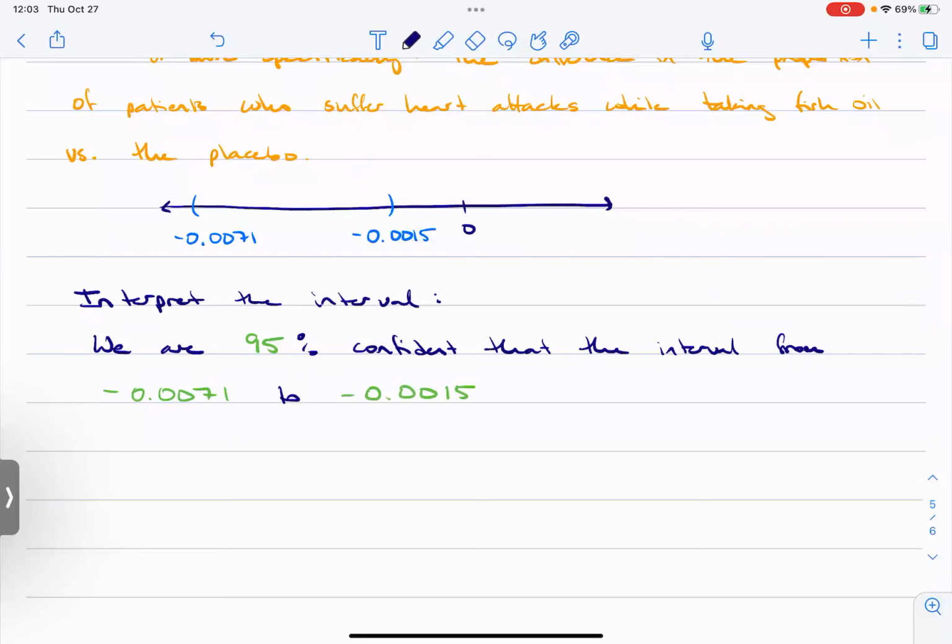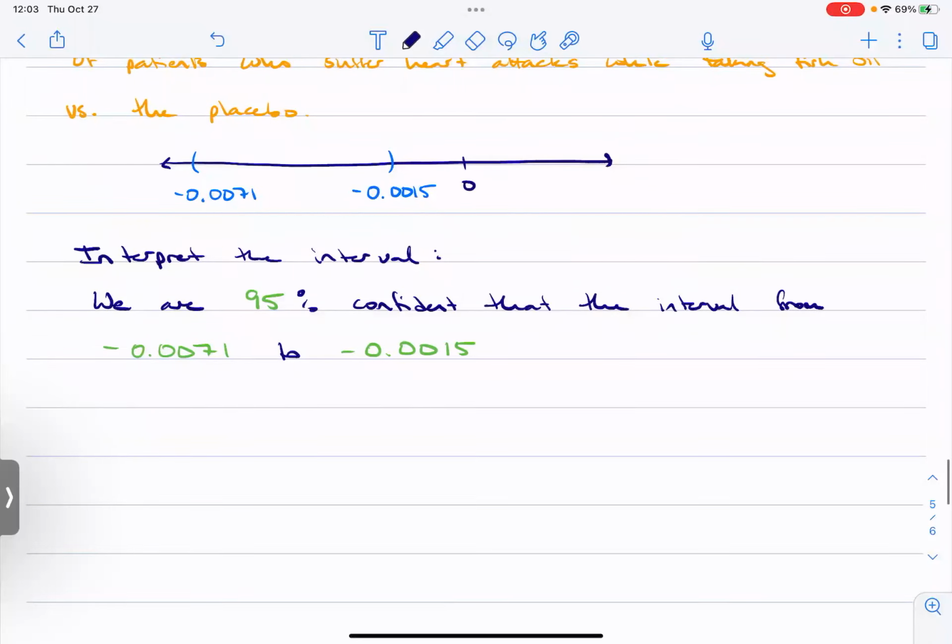And I want you to use the word captures, because our goal is to try to capture the population difference in proportions. We don't know what it is, but we're 95% confident that this interval captures